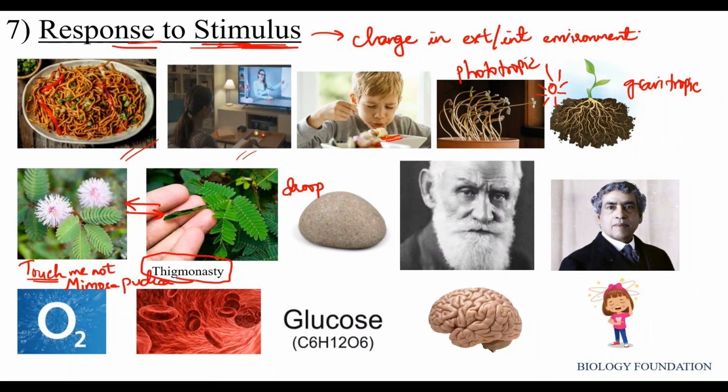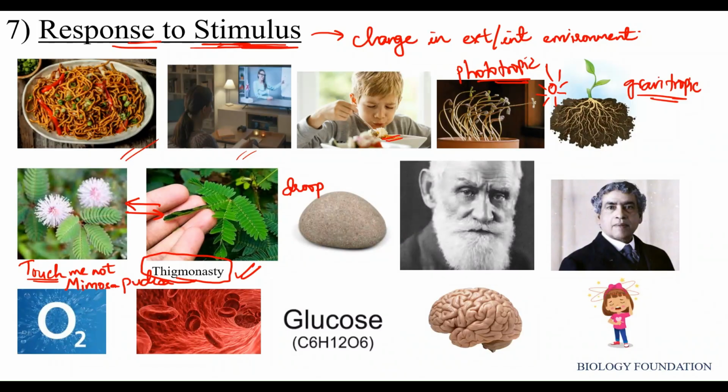Okay. Movement of the stem towards light is phototropism. Movement of roots towards the soil is gravitropism. Movement of leaves to touch is called thigmonasty. Okay. So here,